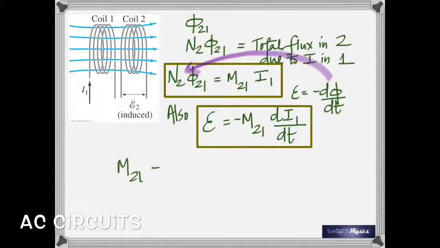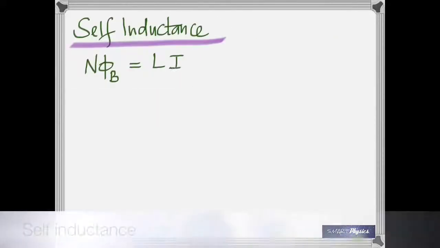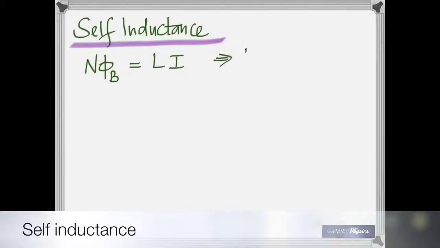Now let's think in the other way. What if there was a current flowing through I2? Wouldn't there be a flux associated with coil 1? There would be, right? And the thing is, the mutual inductance of this pair is a constant. So whether you say M12,